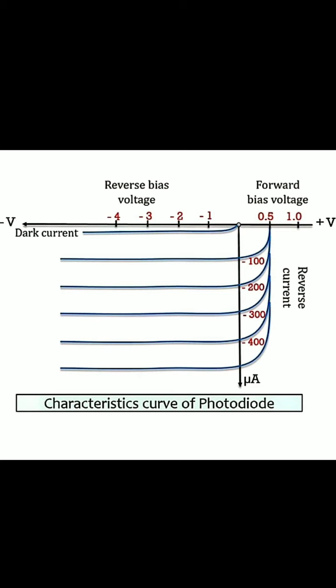If we consider the first, minus 100 for a forward bias voltage of 0.5 volt, first we get the photocurrent for that intensity. Then as we increase the intensity, the photocurrent also increases, that is minus 200. Then again we increase the intensity, this is minus 300. It is negative, that's why we use the negative sign, but the voltage is fixed. At a fixed voltage we get this photocurrent because we increase the intensity of light. So this is a VI characteristics curve for the photodiode.